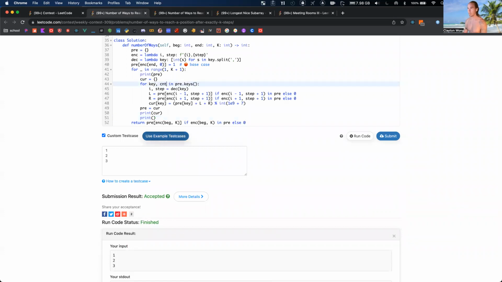Hold on. Do this count items. So the current, this is current, right? This is current. Equals itself plus that count, right? If this guy's in current 0, the count plus that